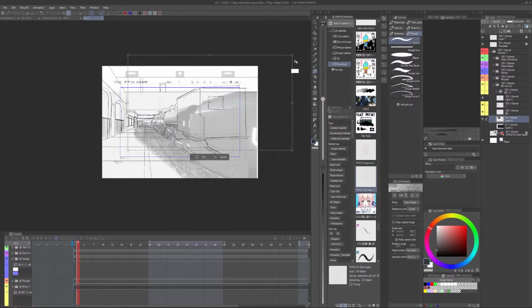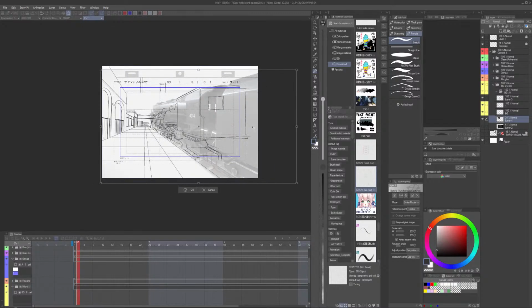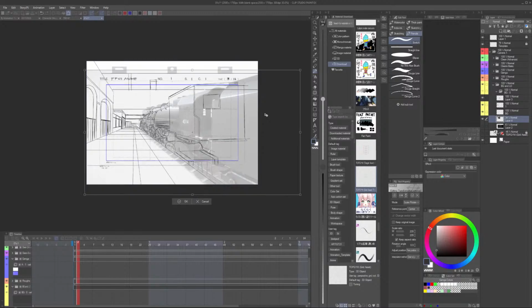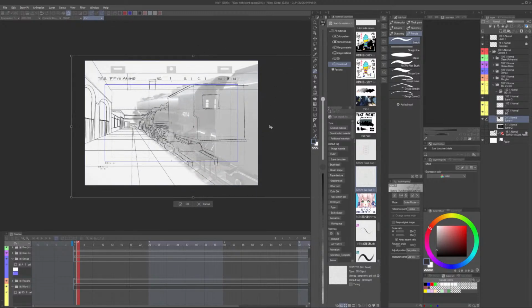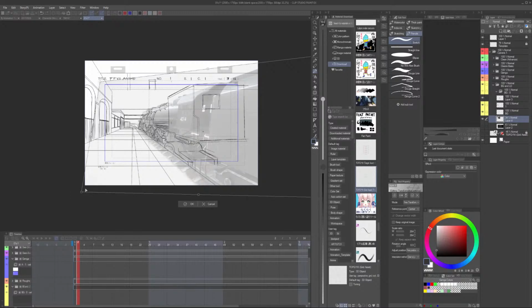Holy crap, I'm good at... yeah, the perspective works on here. No, it's not. Actually, it's not. So we can adjust this perspective over here to make sure that we have it